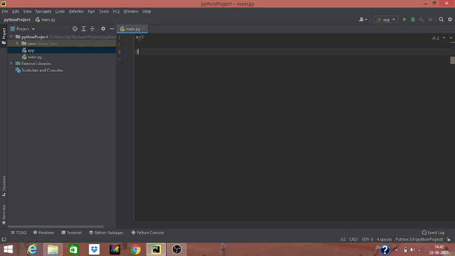Suppose B, some floating values. Let's see some strings. Let's print it and see what happens.